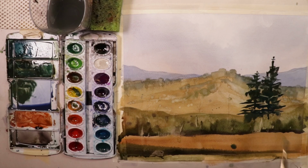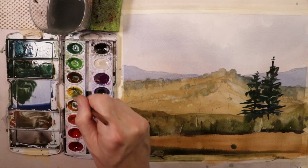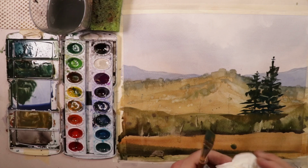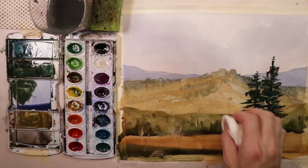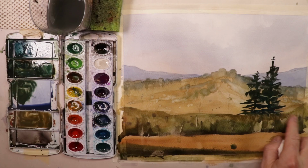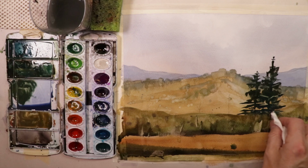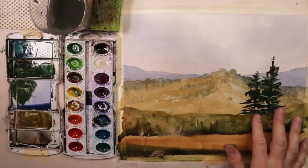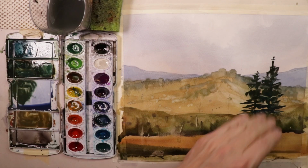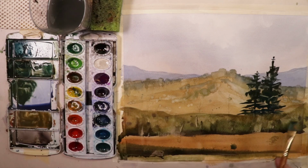And then you kind of fade them down into this section here with a little bit of the orange and yellow. You can kind of blend them into this area here. You can always blot up a little bit too with a little bit of tissue if you find you might have added too much water. And sometimes I just blot up a little bit like that. There we go. Okay, perfect. They're behind these trees and bushes a little bit, so these pine trees are back a little bit over this bit of hedges here. So just to kind of get those...